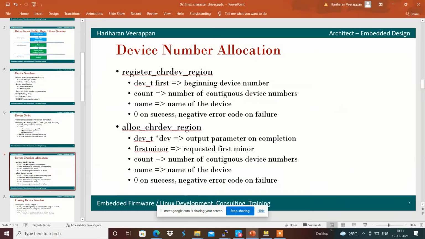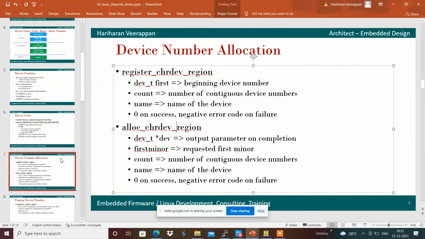In order for that, we will be using a function called register_chrdev_region. If we already know the device number which is to be allocated, we will use it. And if we want to get an unused, free major number allocated, then we can use the alloc_chrdev_region function accordingly.